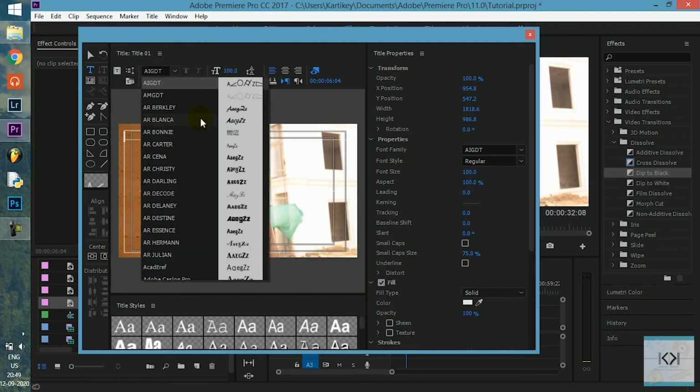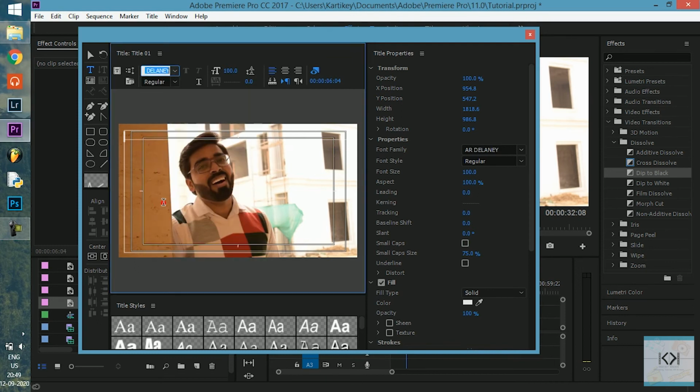You can see the appearance of text from this drop down. Let's say we want to create a text in this font, and now we will click again on this text editor, and now we will try to write the text based on wherever you want to place it. I will write Bhaskar Gaur.